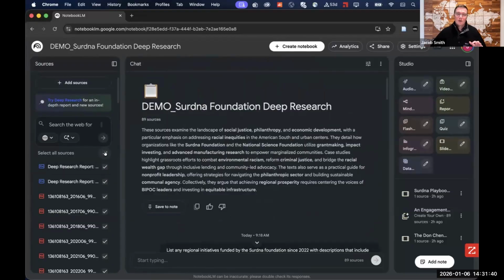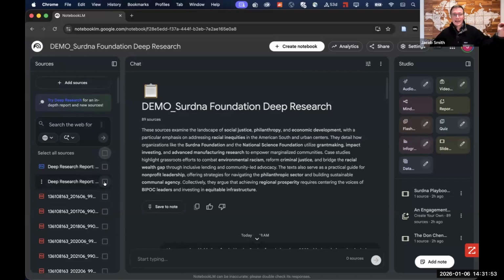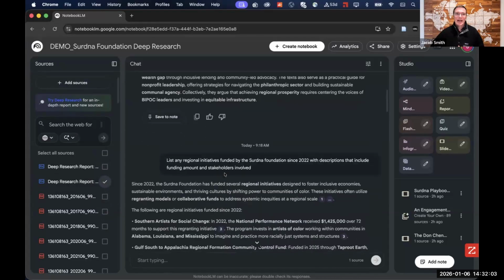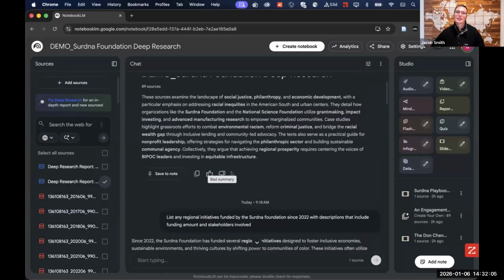So what you can also do within Notebook LM that's a little unique from other tools is you can select the sources that you want to query within a given notebook. So it's not doing web searching unless you ask specifically for that deep research report. It's only looking at the information that's here. So this deep research report that I just showed you, you can select that and just have a chat with that document specifically.